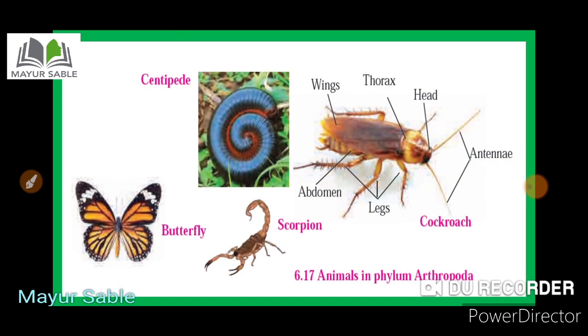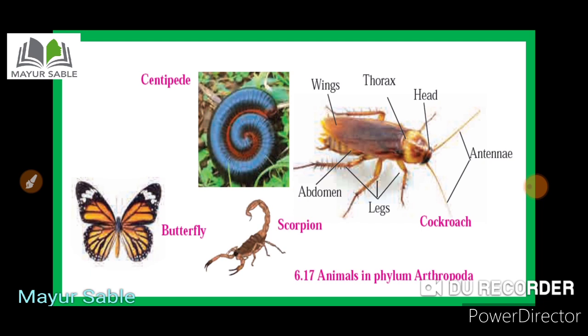And the next phylum which we are going to study is the phylum Arthropoda. Remember, the phylum Arthropoda has been present on the earth from the ancient time. The peculiarity of the phylum Arthropoda is that the animals possess jointed appendages. Hence they are called arthropods. Remember, the largest phylum with highly successful animals in the animal kingdom is the Arthropoda.